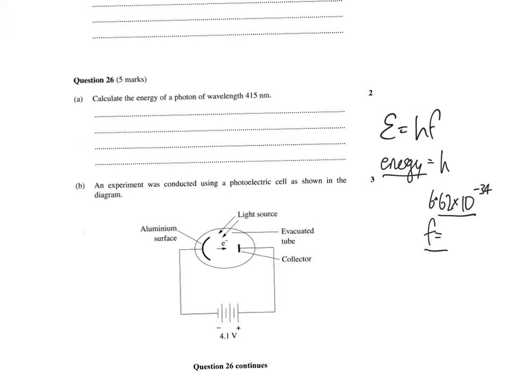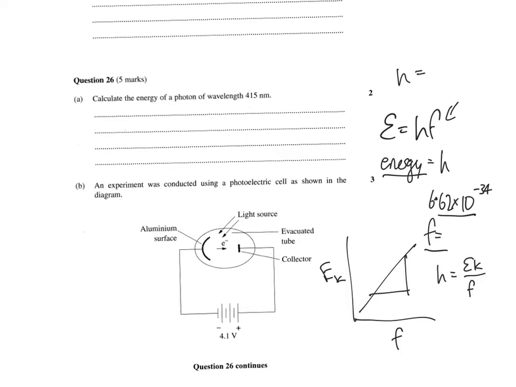In graphs where you have kinetic energy and frequency, the slope of that line is Planck's constant, so h equals kinetic energy, rise over run. You can get that from rearranging this equation: h equals E divided by f. So this question relies on looking at this equation,